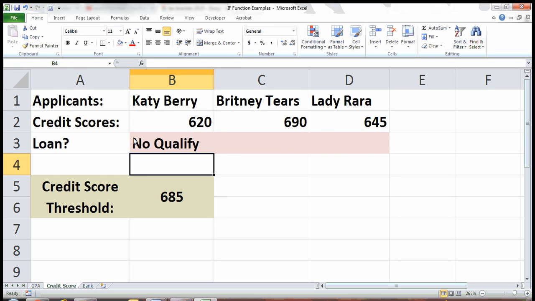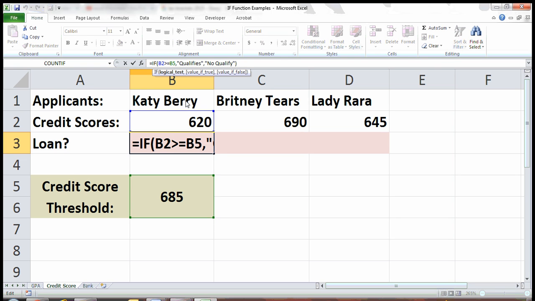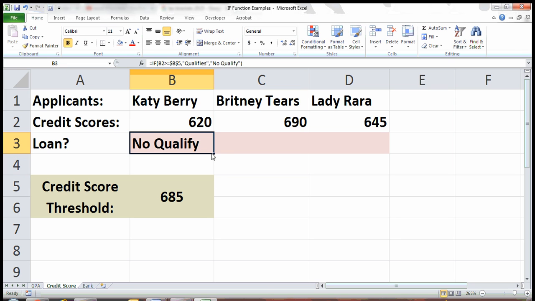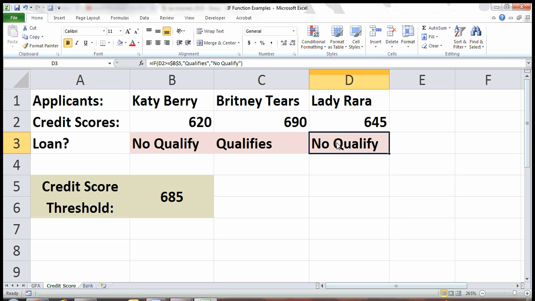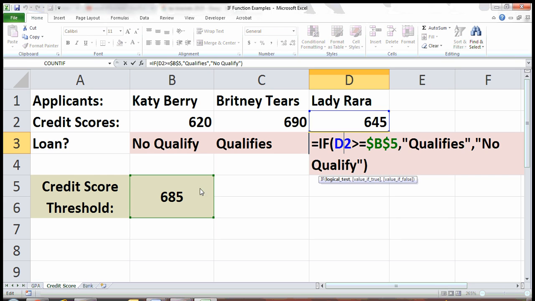And there you go. So Katie does not qualify. Now I'm going to come back in actually and lock this cell, so when I drag it across, it remains. Brittany qualifies because Brittany has over a 685, and Lady Rara does not qualify because she has less